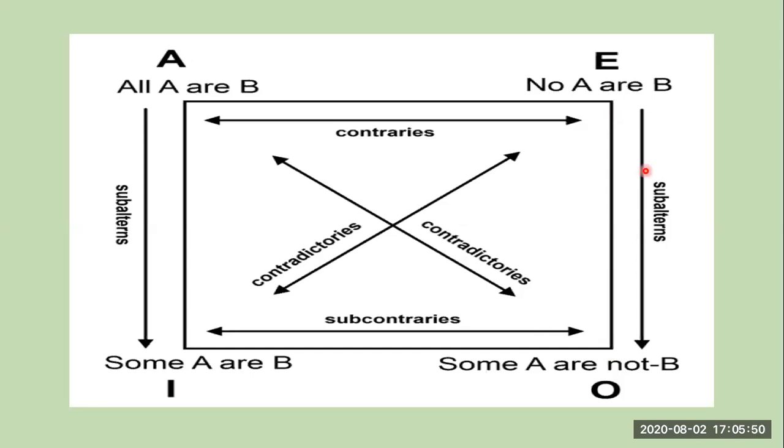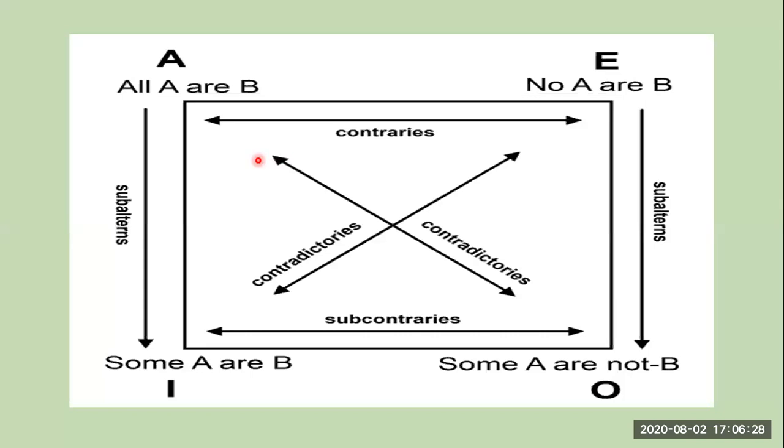So this A is nothing but all, right? All means general. So this is based on deductive reasoning. This is general, and it moves to specific, that is some. And again no means nothing, it's saying about the general no. This is also general, and it moves to specific, some not. So please remember, this is all and this is part. This is very important. You can note this down. Based on this, you'll get a question in the exam.